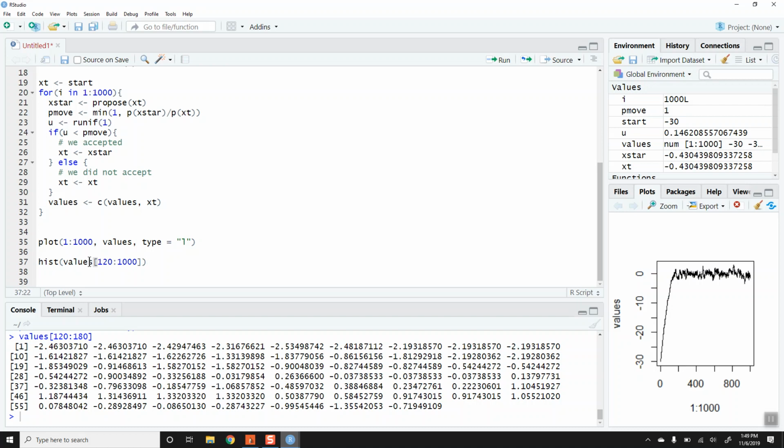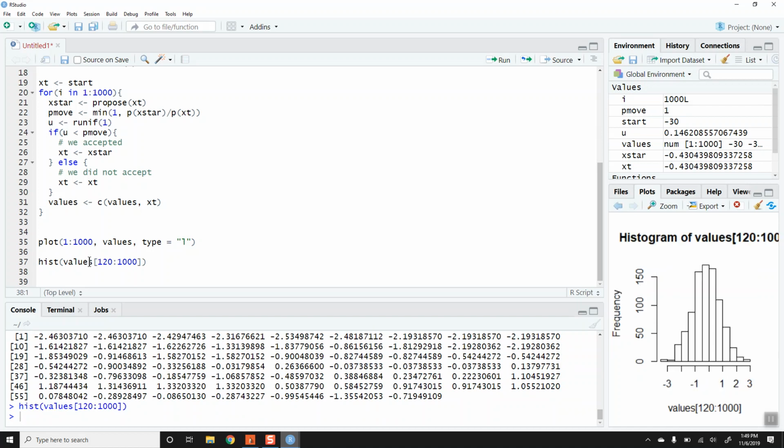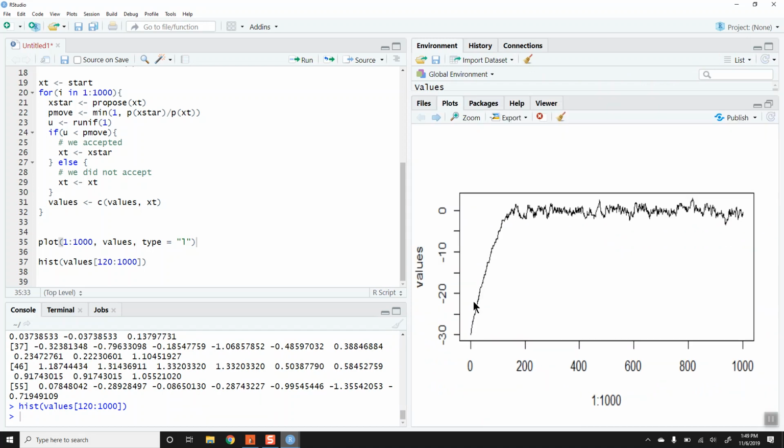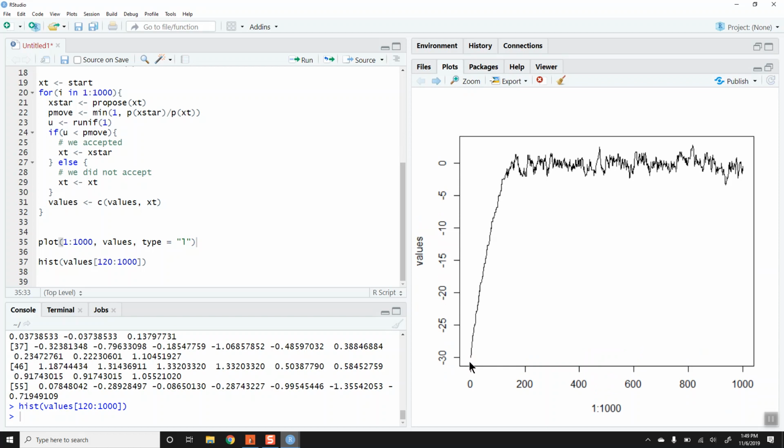And then let's make a histogram of this. And we're hoping that this histogram will look kind of like the standard normal distribution. Let's see. It does, look at that. So we started off at negative 30, at this terrible location, right? If you just had to generate values from the normal distribution, negative 30 is a terrible value. So we started off there, and the Metropolis algorithm just kept proposing values between one less than that number and one higher than that number.